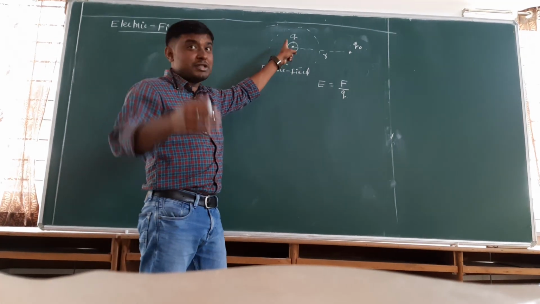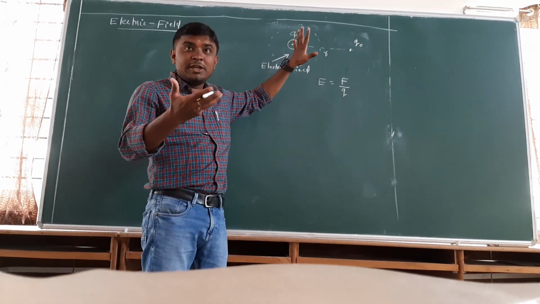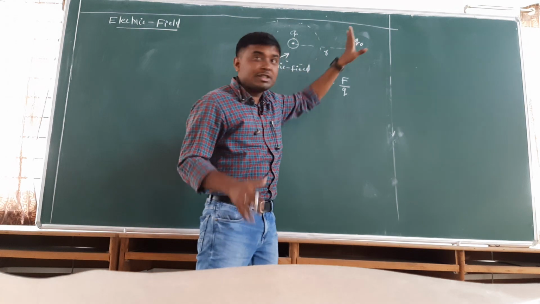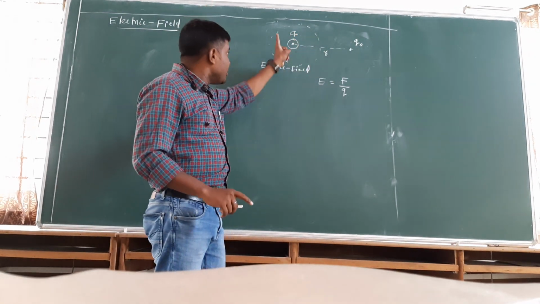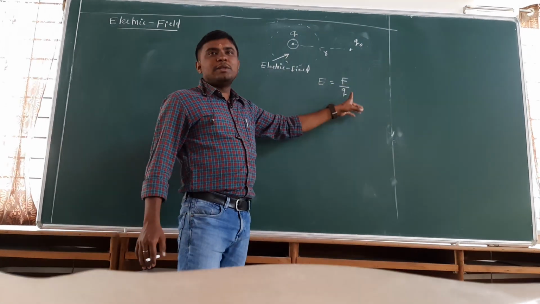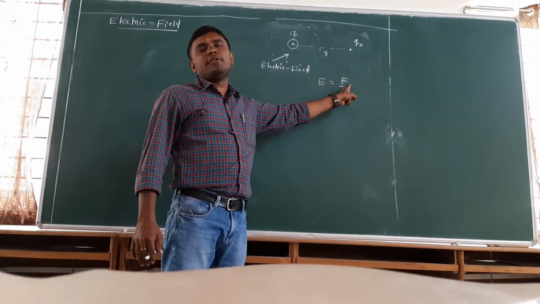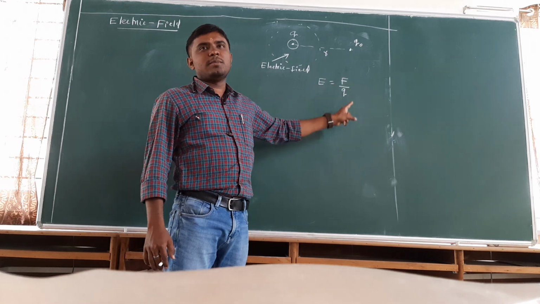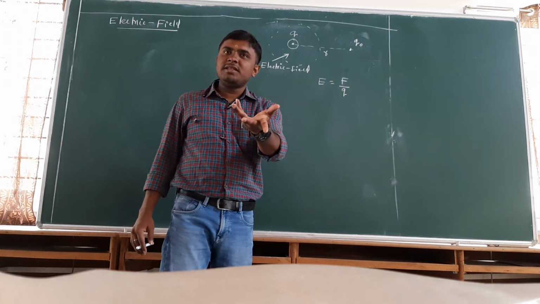This charge, because you need to see the field strength. This charge is presenting you a field in front of you and you are testing this charge in this field. So definitely you are going to find the strength of this charge. Correct? So E will be equal to F by Q. What does it mean? It is the ratio of force experienced by a unit positive charge to the magnitude of the charge, and it will be called electric field strength.